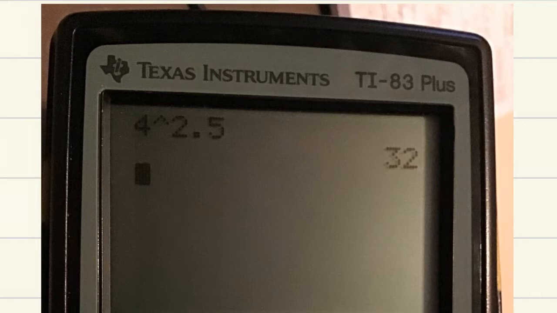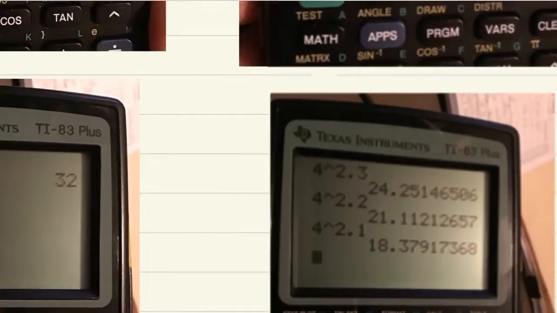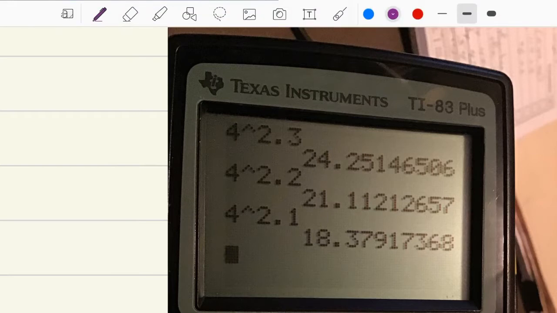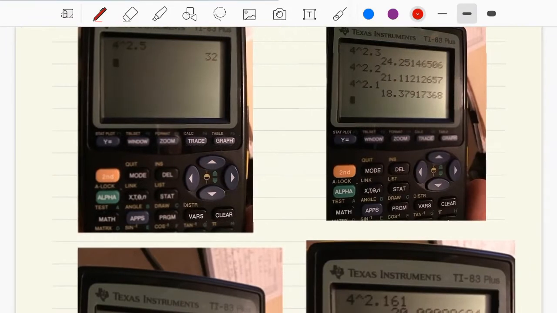So maybe it's 4 to the 2.3. Maybe it's to the 2.2. Maybe it's 4 to the 2.1. Well, 4 to the 2.1, now that's going to be a little bit too small. But we know that we're getting closer. We know that the answer has to be between 2.1 and 2.2. So maybe it's